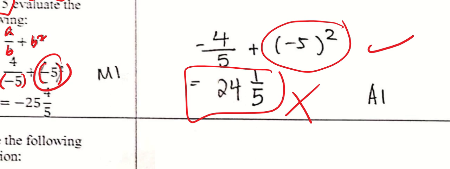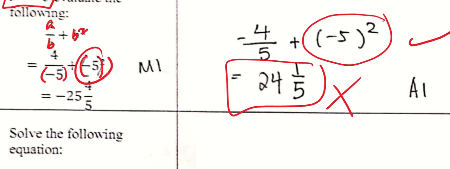Probably it's because of your calculator skills. You managed to give me this, but your answer is the same as the original working, the sample working given to you, which you should suspect, right? Why is it the same? If you are saying that there's a mistake over here, why should your answer be the same as the wrong working? Okay, so please be careful.